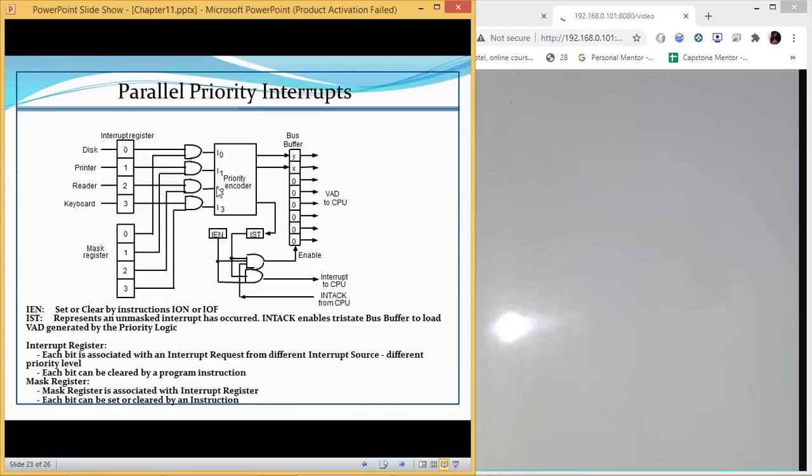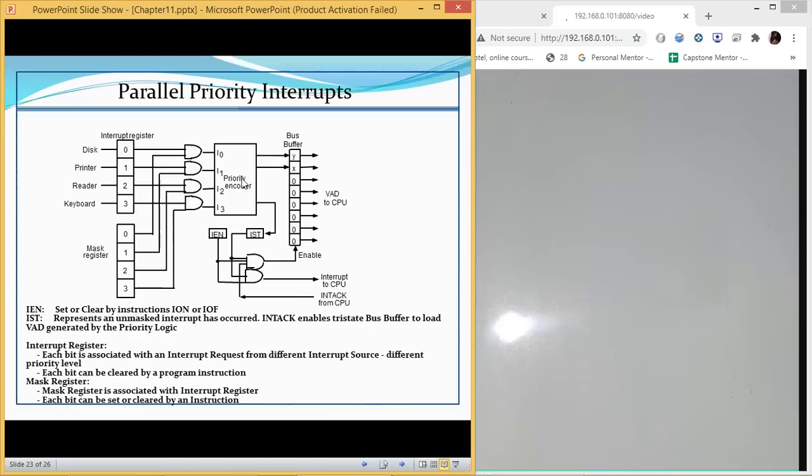The next circuit which we have in the parallel priority interrupt is our priority encoder. This priority encoder has a logic which simply gives us the output by using the priorities of the devices.